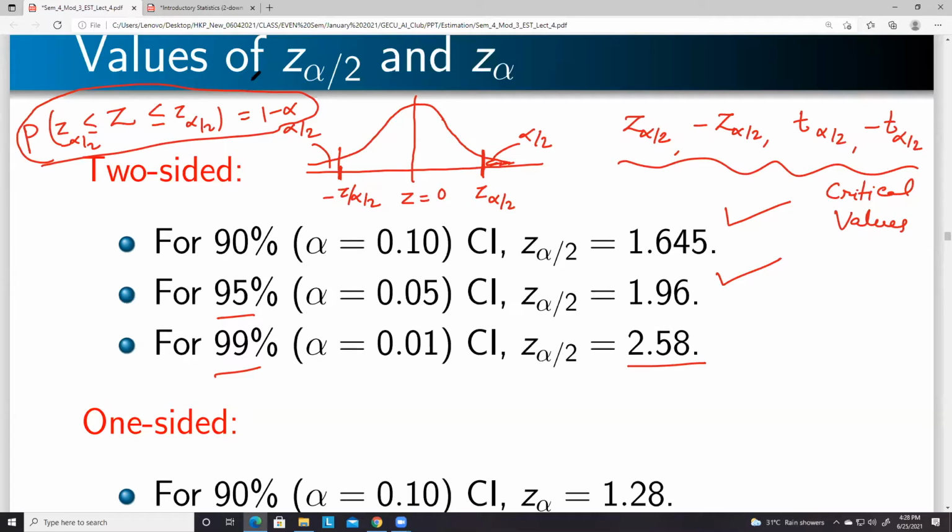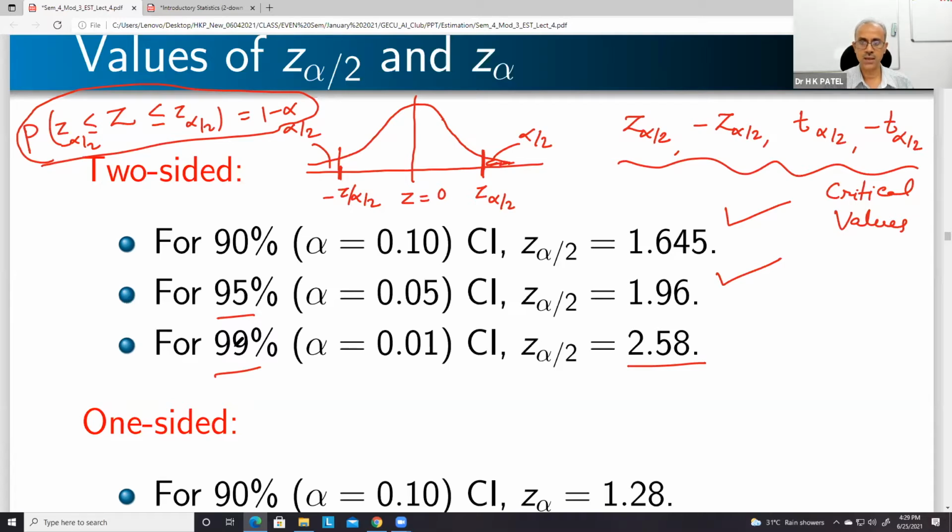Now we will concentrate only on the confidence interval. And the very simple equation is this one, that is P(-Z alpha by 2 < Z < Z alpha by 2) is 1 minus alpha. This equation we will be using for every parameter, whether it is mean or two means, proportion or two proportions, standard deviation, two standard deviations. In every case you will see that we have this type of equation at the beginning, and then we do algebraic manipulation to get the confidence interval.